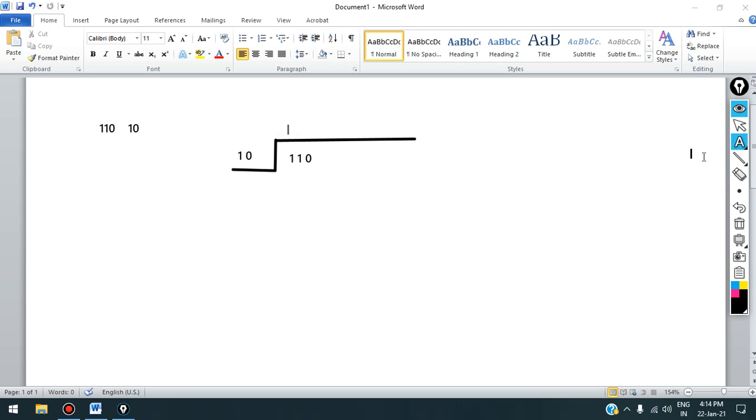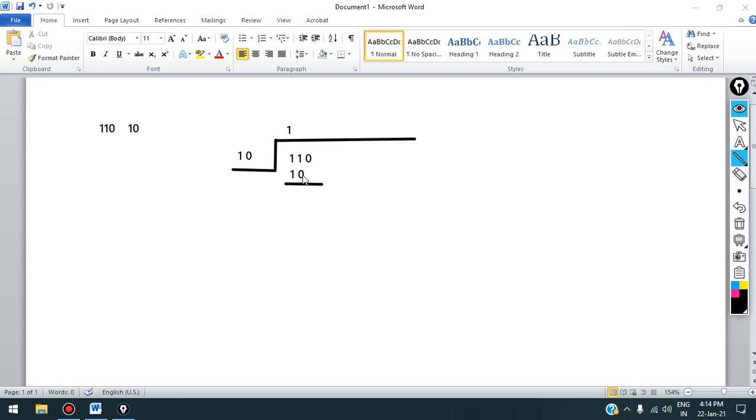So here I will use 1. Rules are the same as we divide two numbers, so here we will use 1. And here we will write this as it is, 10. Now we will subtract it. Next step is subtract, as we do in decimal division. So here we have to follow the subtraction rules for binary, the rules that we have followed while subtracting two binary numbers.